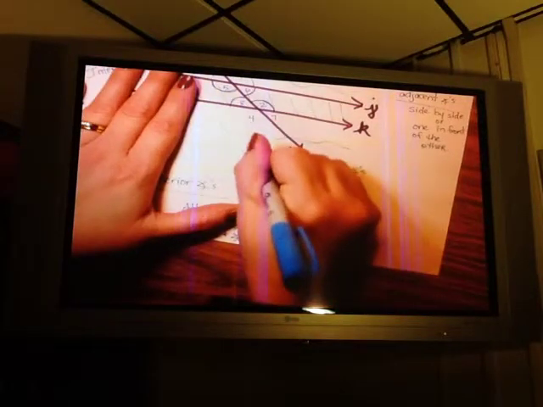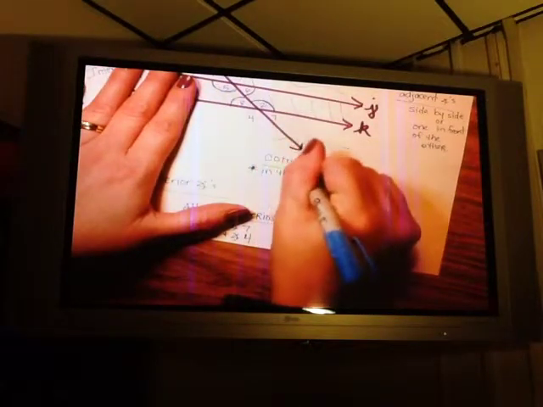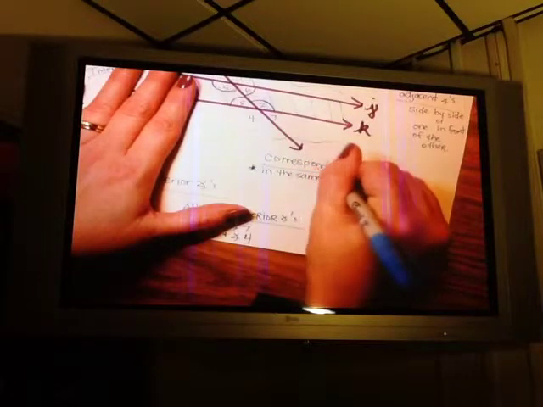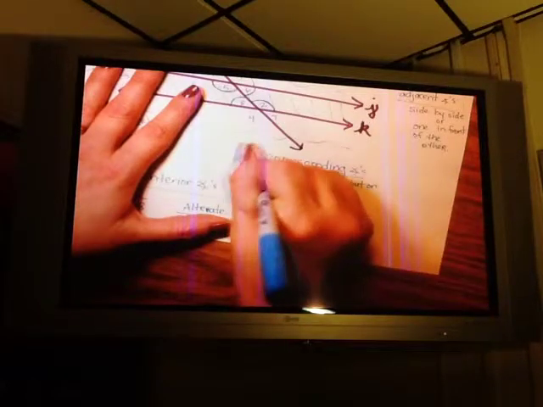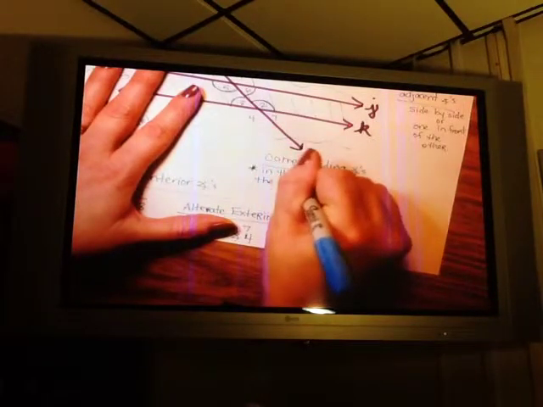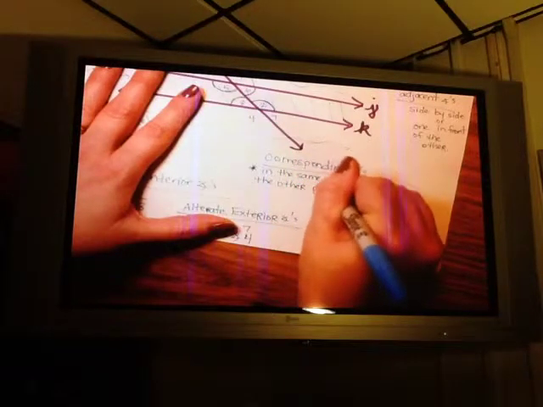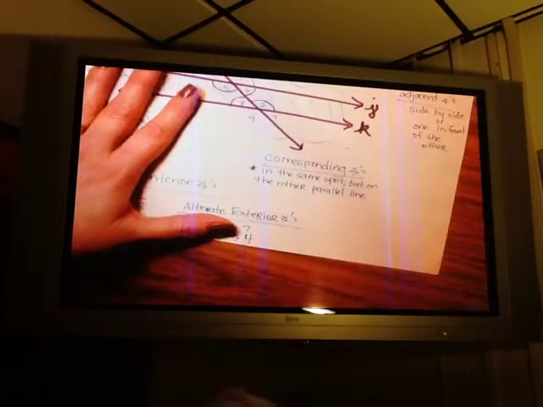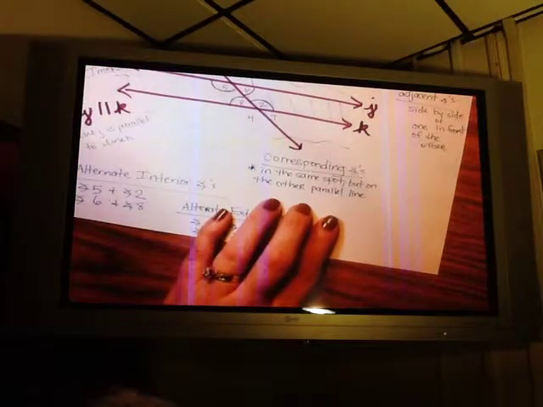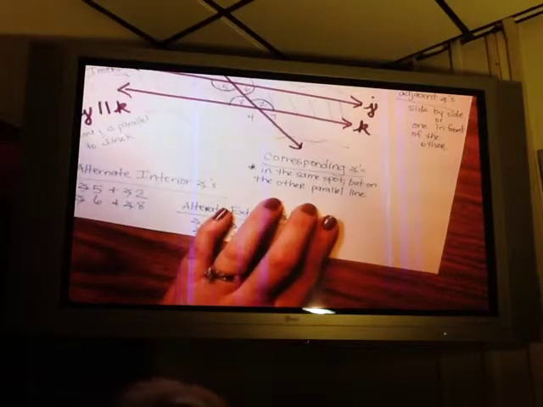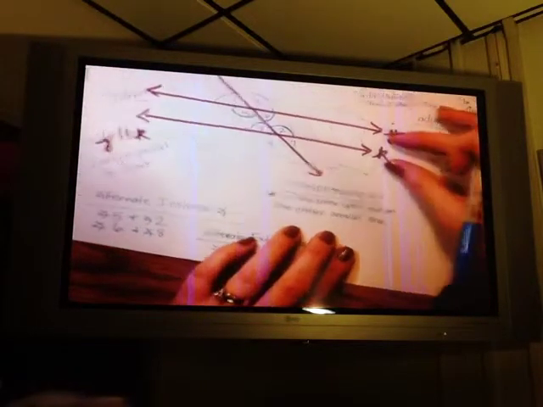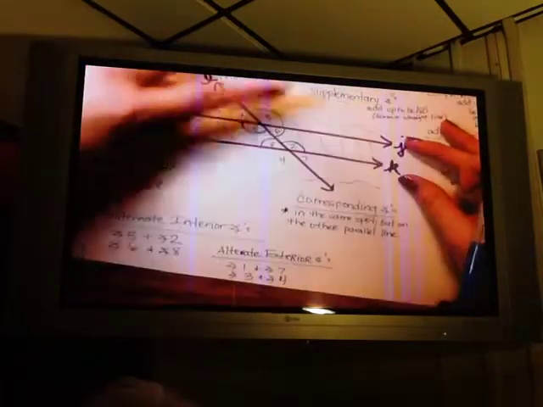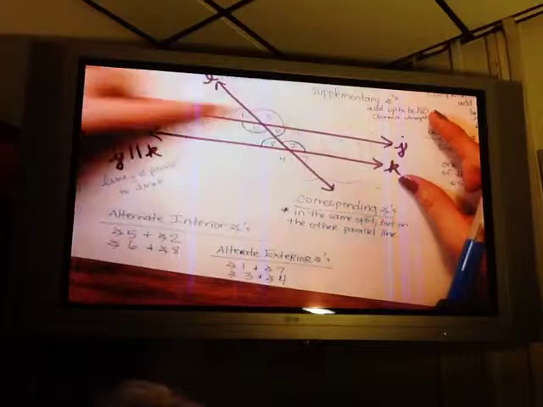It's in the same spot, but on the other parallel line. When we began, we drew two lines, line J and line K. So if you were to choose any angle you want on line J, someone choose an angle on line J, 3. So if I'm looking at angle